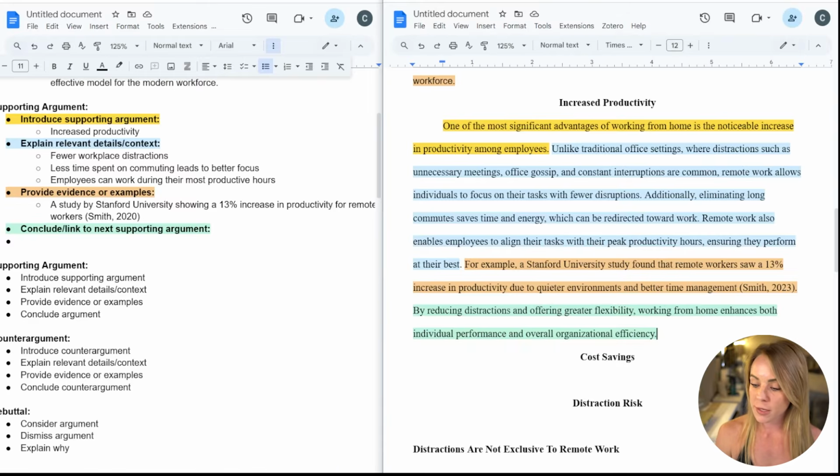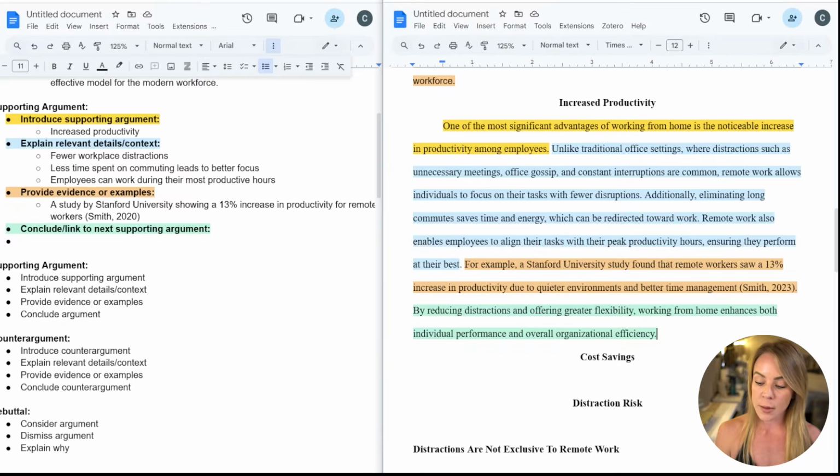One of the most significant advantages of working from home is the noticeable increase in productivity among employees. Unlike traditional office settings where distractions such as unnecessary meetings, office gossip, and constant interruptions are common, remote work allows individuals to focus on their tasks with fewer disruptions. Additionally, eliminating long commutes saves time and energy, which can be redirected towards work.